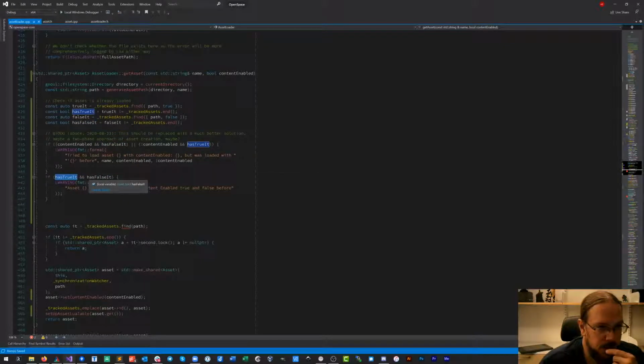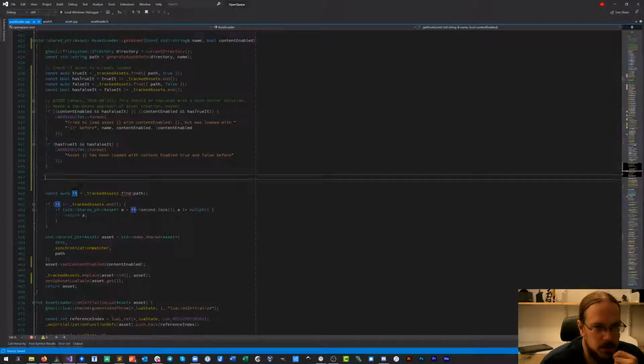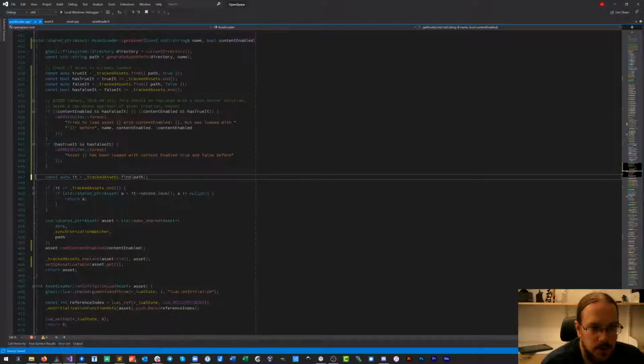So if both of them have been set, that's a problem. If one or the other has been set, that's not a problem. So let's see, do we need this? I guess what we want to do now is our iterator should be the one that's actually here.